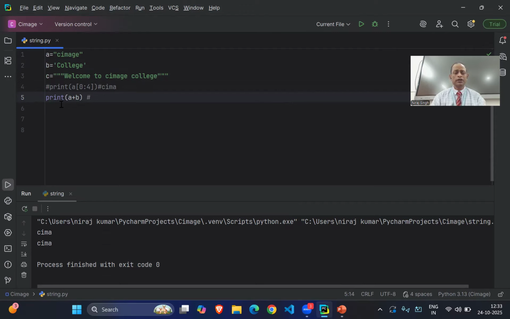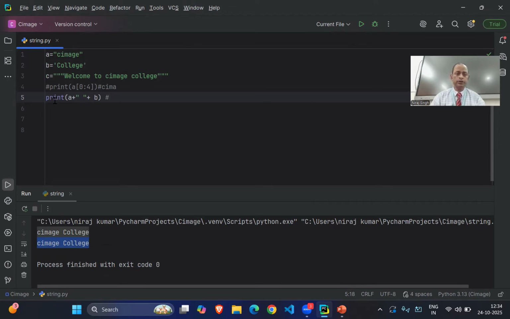What will be the output? When you concatenate, you will get the output without any space, CBase college without any space. Just run this program, right? There is no space between them. So how can we add a space? You can just use a space string and add it. This is the concatenation operation, and this way we can provide a space. Now you can see there is a space between them.